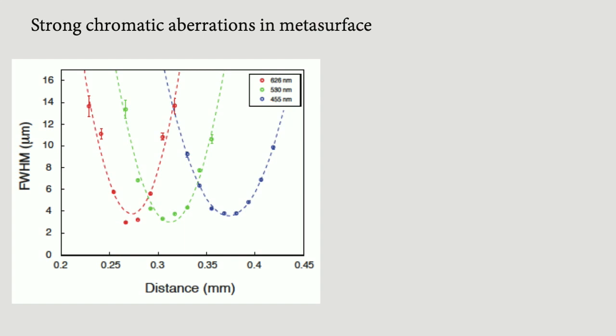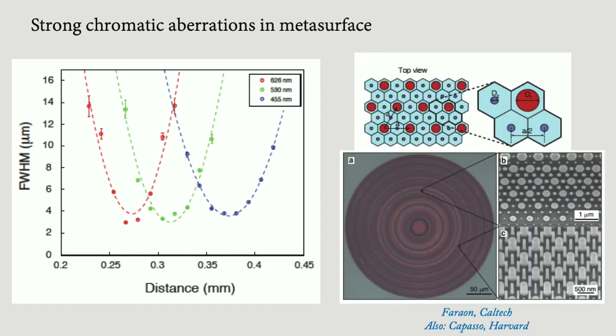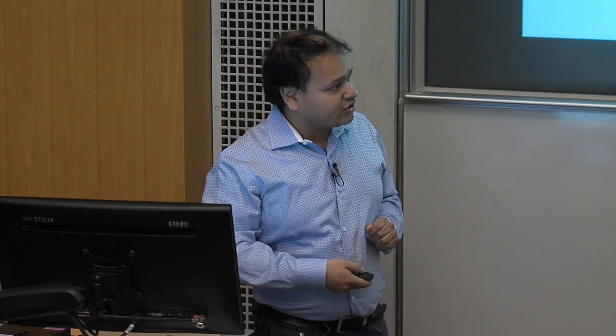Okay? So people actually have looked into this problem. Professor Andrei Faraon, who also gave a talk in the colloquium, I think last year, and Professor Federico Capasso from Harvard, started looking into some unit cell engineering, and the technical term is dispersion engineering. That instead of one scatterer, can you now play with the scatterers in the unit cell and at least make a lens that works at two different wavelengths. And they had very, very good success, that they actually can make a lens that works at two wavelengths, not broadband. But then they extended this technique very recently